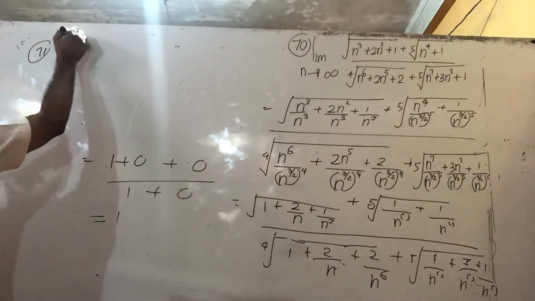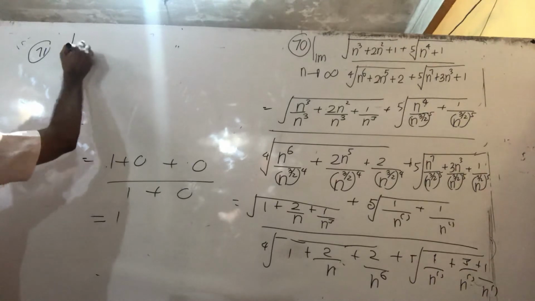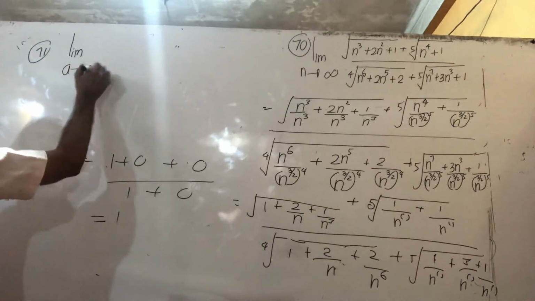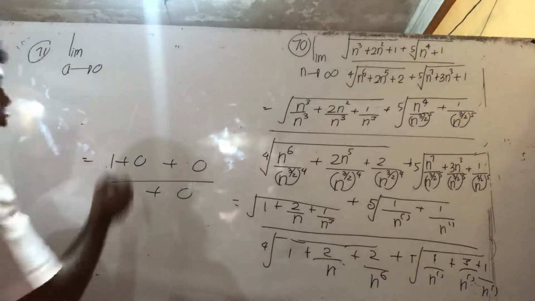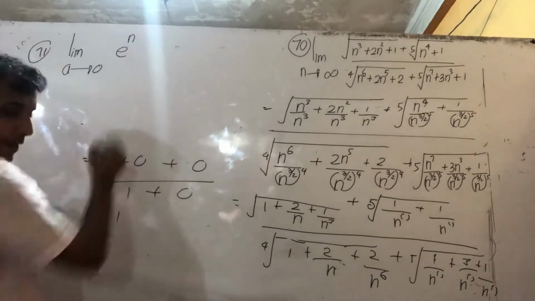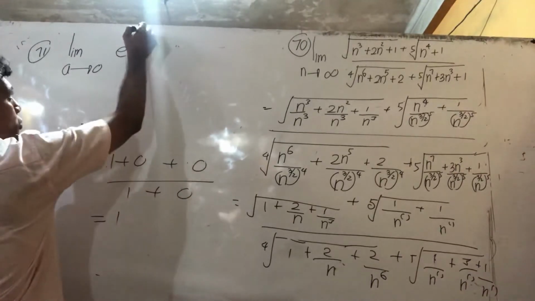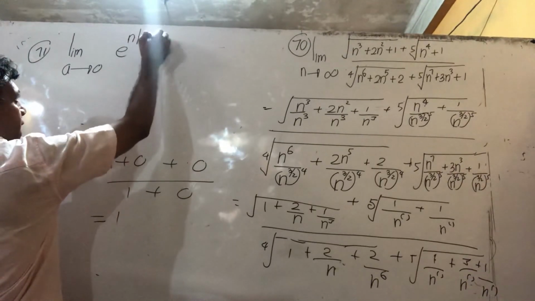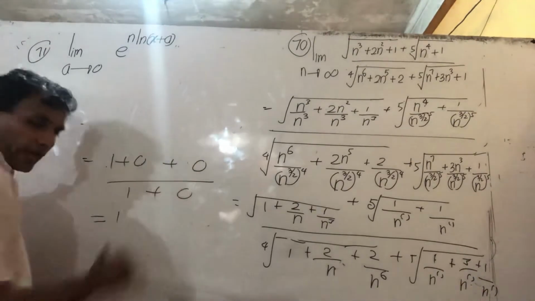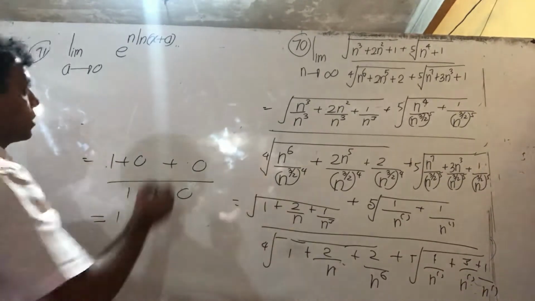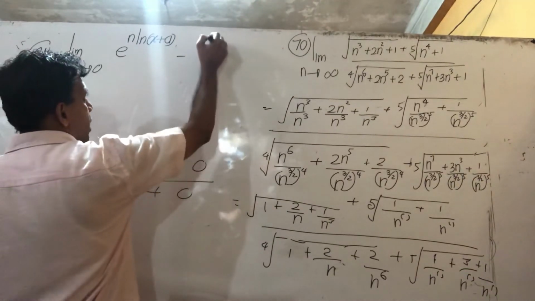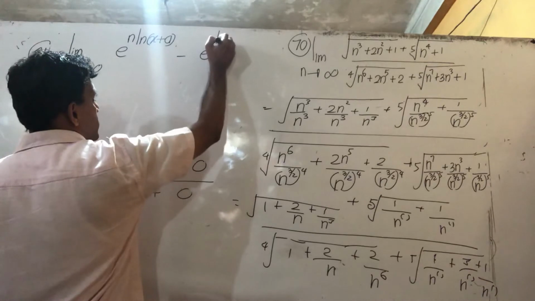Limit a approaches 0, e to the power n log x plus a, ln also, you know, logarithm base e, no? ln means the inverse of the exponential function, minus e to the power n ln x